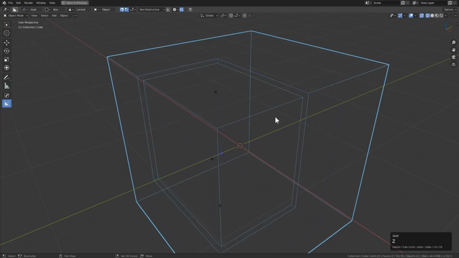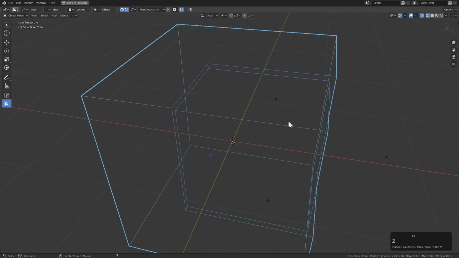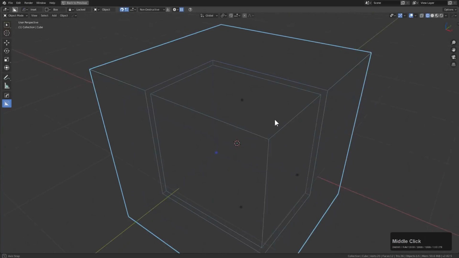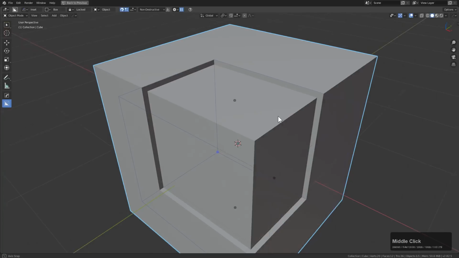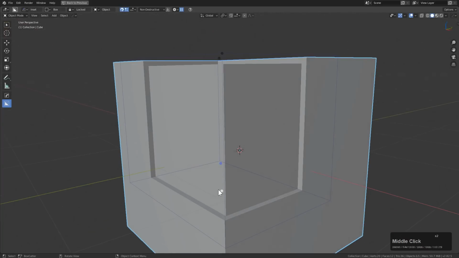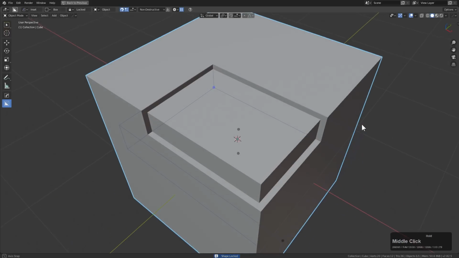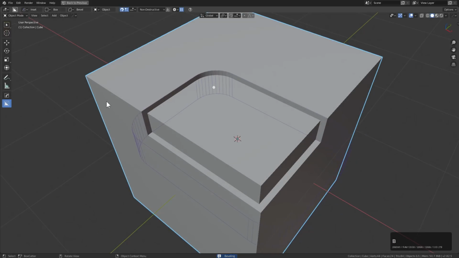Now you're able to Shift Z for wire mode, Alt Z for solid mode, Alt Z for see-through mode in addition to solid mode. And we can press Shift Z to go back to solid mode. All of this inside of Draw is now possible in the latest update of Boxcutter. This is something that I am quite happy for, and I cannot wait to be in the thick of cutting boxes in wireframe mode and need to toggle it and find that that functionality has now been given back to us. This is one of those things that until it's been taken from you, you never realize how valuable it